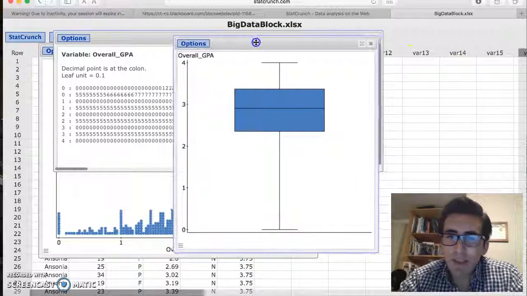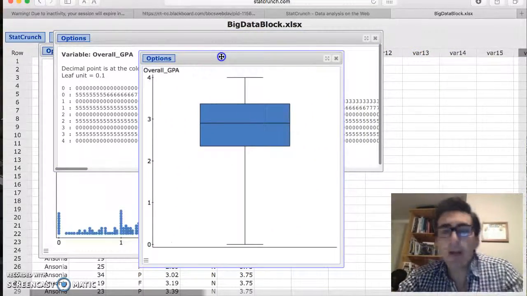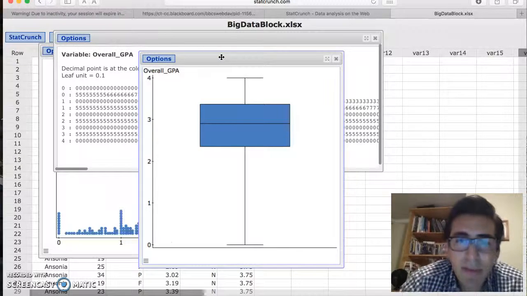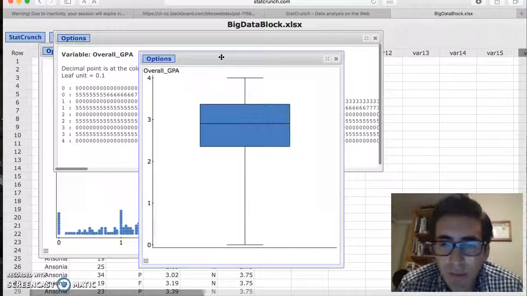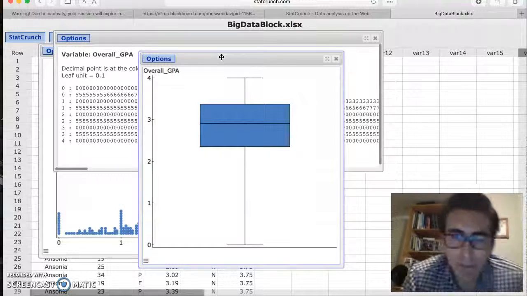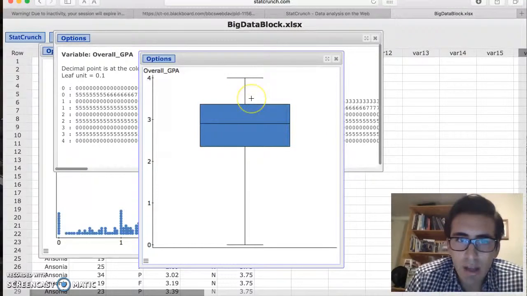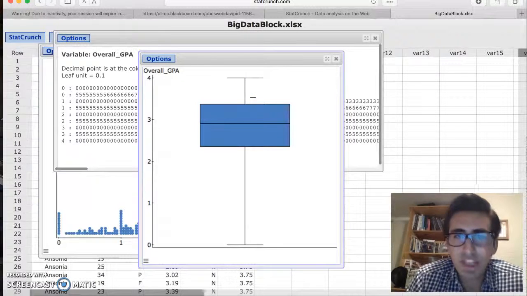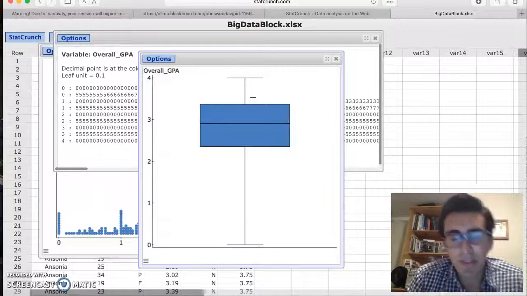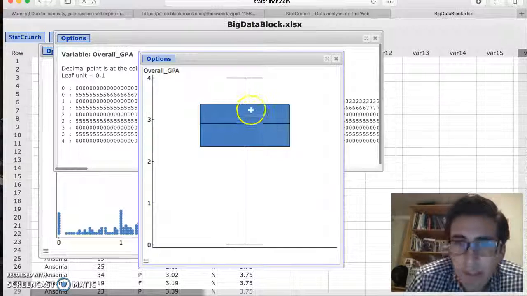Now here we have a box plot. This, in my opinion, is the best way to display this information, just because of the statistics of it and how quickly you can see the overall GPAs, the overall quantitative data. So the way this graph works is